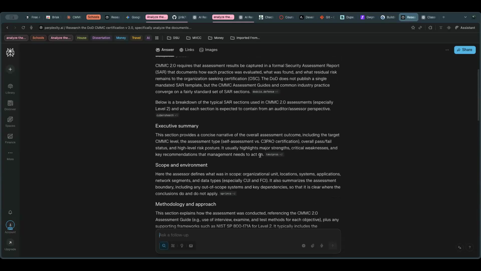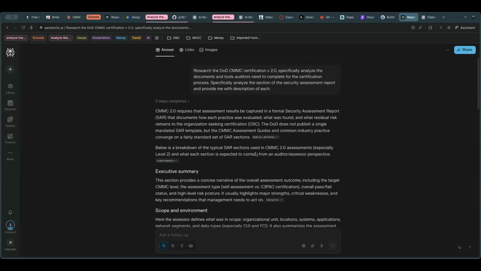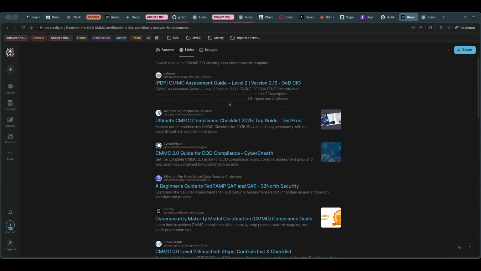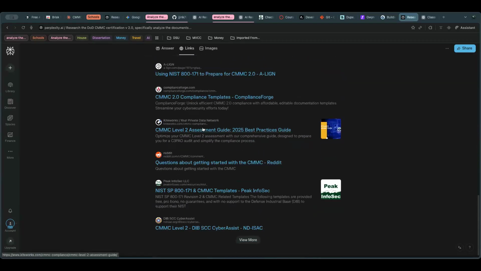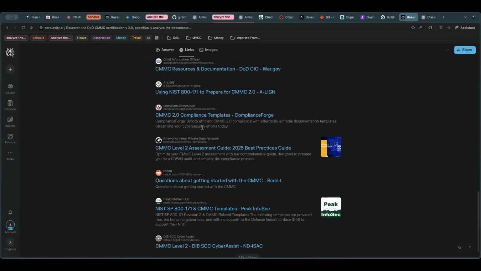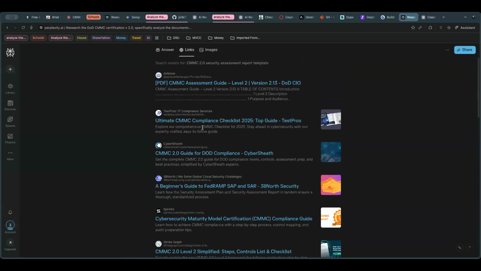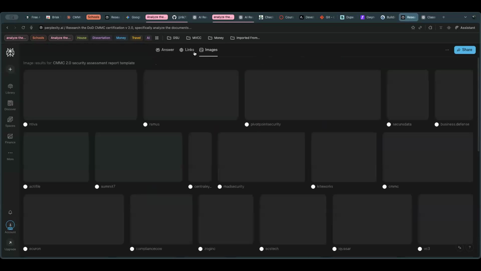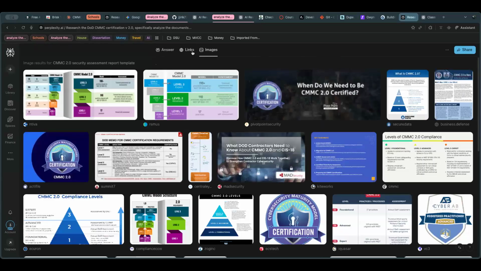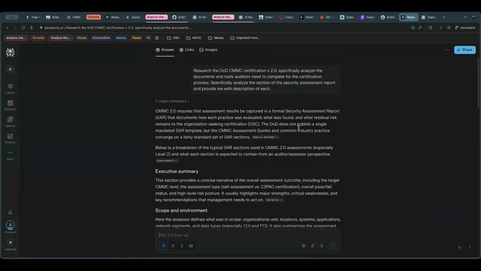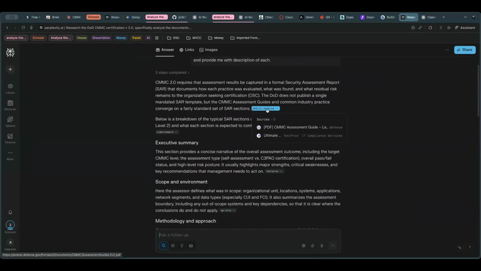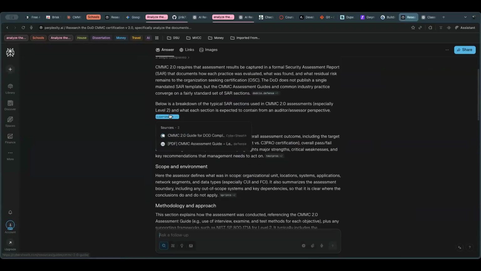But this looks pretty good to me, right? For once, I can go here and I can see the links. So this is where Perplexity actually went to collect the information that it provided me with. It used some images, so whatever images it took into the learning process are all there in the answers. I can see the sources for each and every section over here,